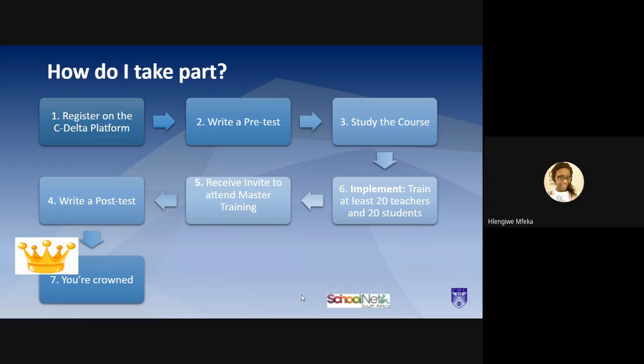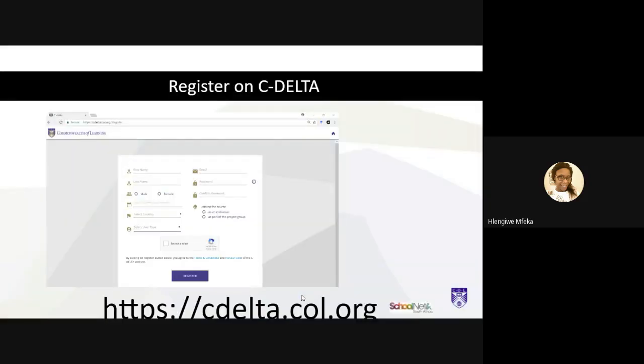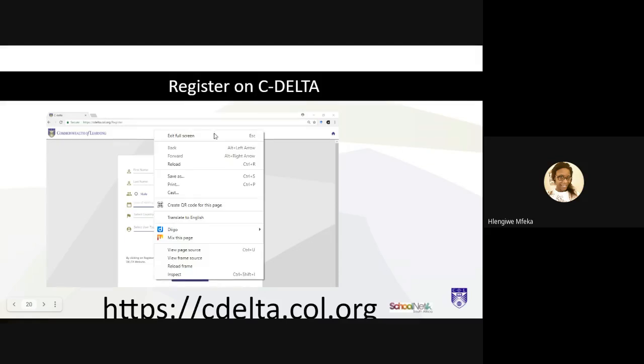Right. I'm now going to exit my screen unless there is a question. Are there any questions? If you have a question, you can raise your hand. Zodumo will notify me if there is a hand up, or alternatively, you can just unmute yourself and ask the question. Right, while you type your question, let me exit the screen